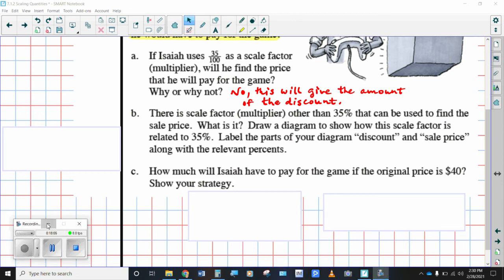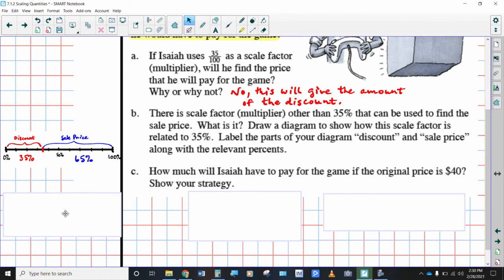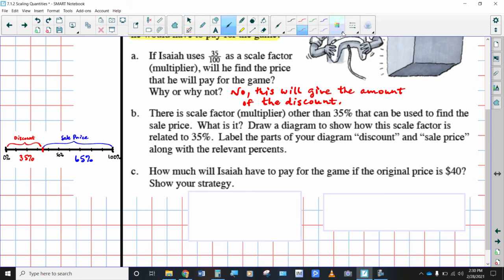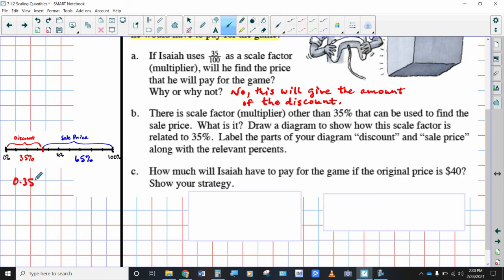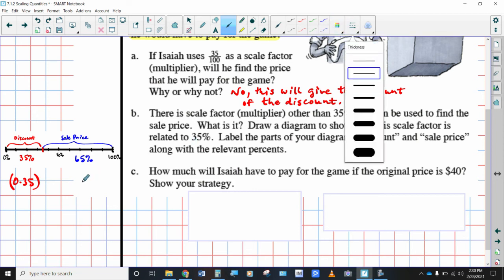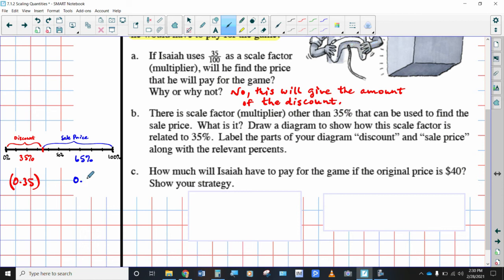All right, let's see how you did. This is my diagram. So remember, the entire price, the total, is 100%. 35% was the amount that it was marked off, so that's what we consider the discount. The sale price would be the rest of it. So you've got two different multipliers. If you want to find out how much the discount is, use 0.35 as your multiplier. If you want to find out what the sale price is going to be, use 65 hundredths, or the 65%,